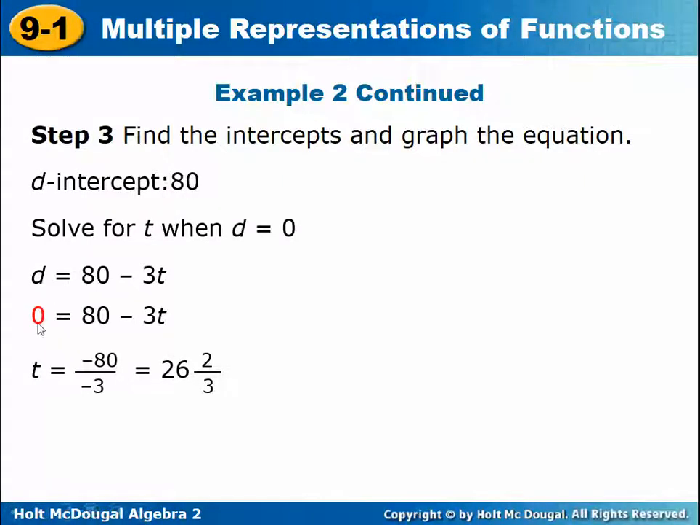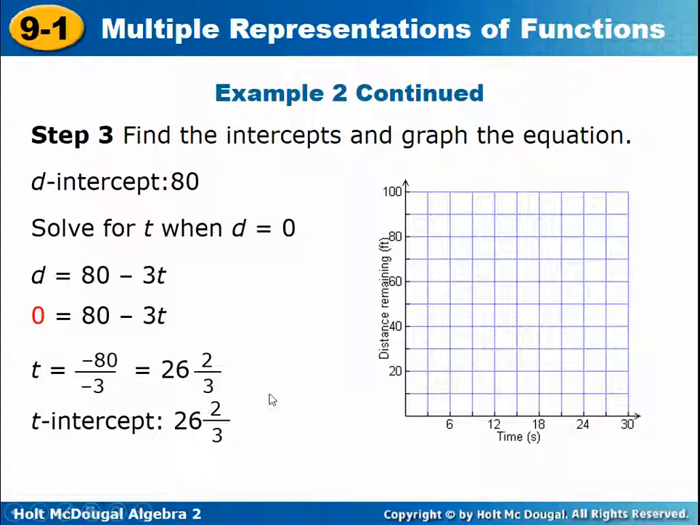So if we put 0 in for d, that's when our distance is 0, and find out, this is really what we're finding here, is when will she get to the other side. And if you solve this by subtracting 80 and then dividing by -3, you get t equals 26 2/3. So that's our other intercept. So our first intercept is at 80 on the distance axis, the y-axis. And then on the x-axis, which is our time, we need to kind of estimate a little bit, but